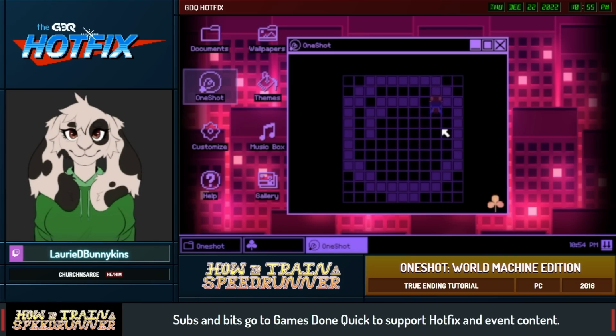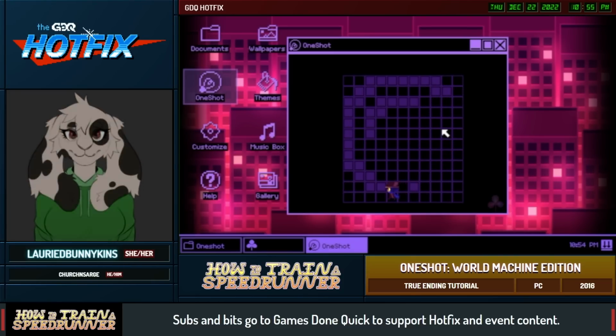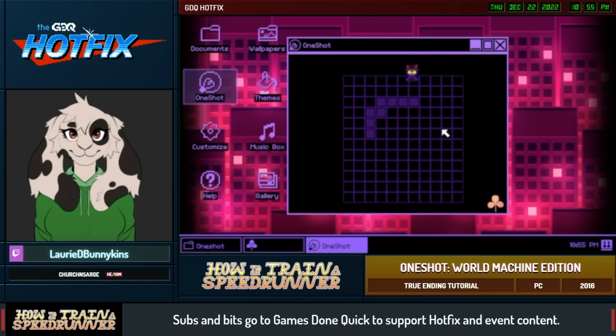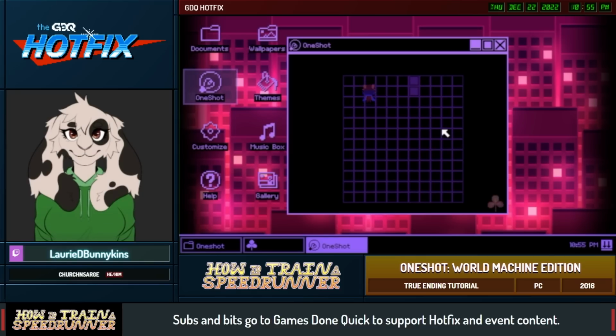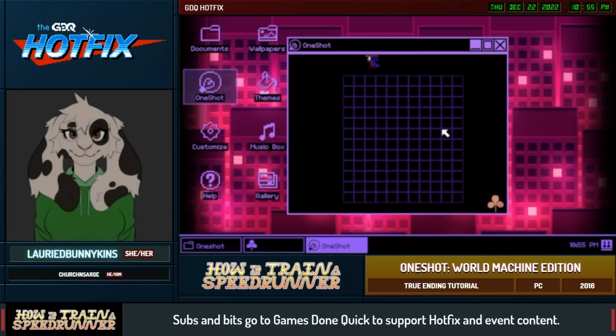I will try and clean this up and show it all in one swift motion, because even despite how thoroughly this can be explained, there is a history of new runners getting tripped up by this pattern and losing minutes at the tail end of the run because they messed up slightly trying to make the light bulb. So starting here,